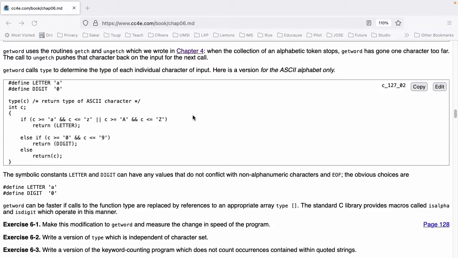This code is the second example on page 127 of the textbook at www.cc4e.com/code. type(c) int c; { if (c >= 'a' && c <= 'z' || c >= 'A' && c <= 'Z') return LETTER; else if (c >= '0' && c <= '9') return(DIGIT); else return(c); }